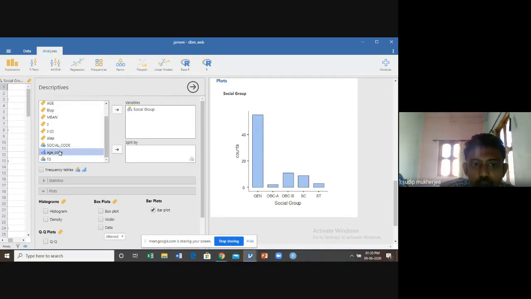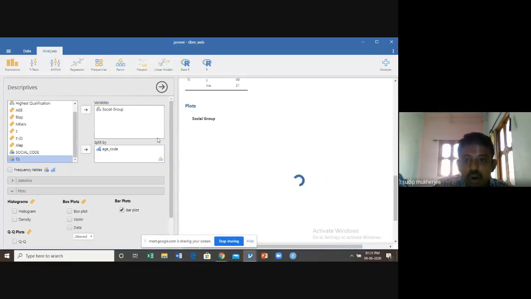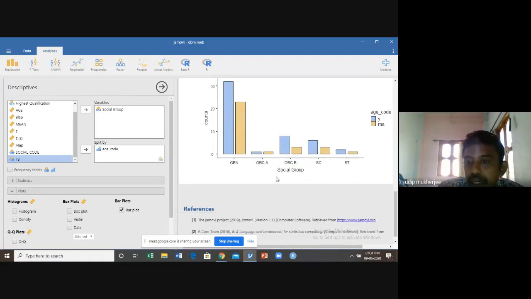Now you try to draw this bar plot in terms of the age code. Use the age code variable in the split by box. See, the beauty of the package is that it automatically calculates the graph of our interest.